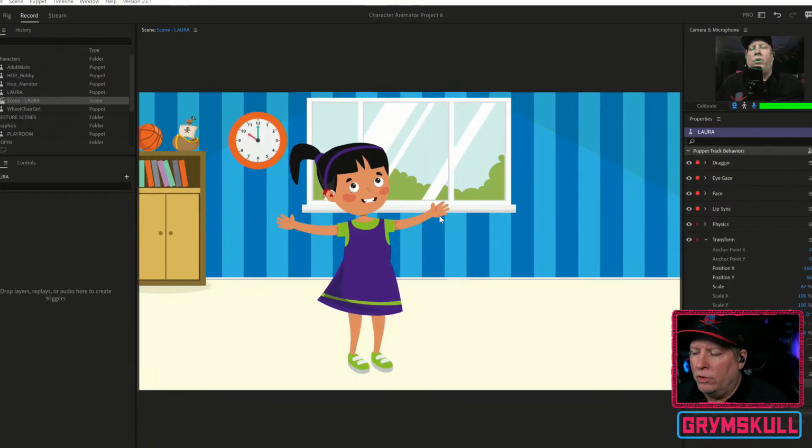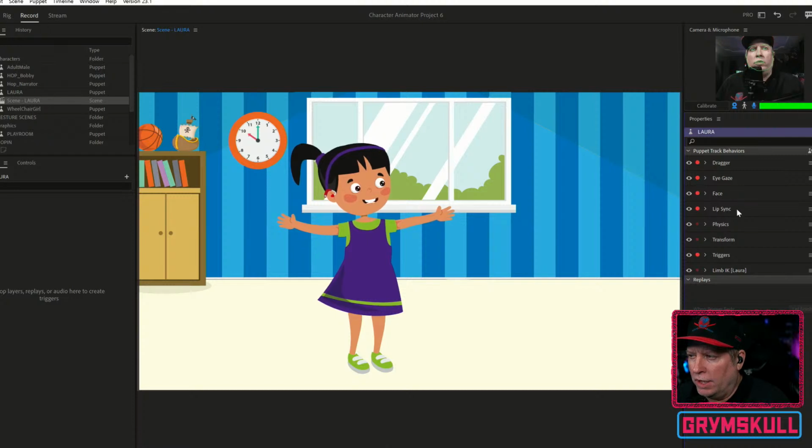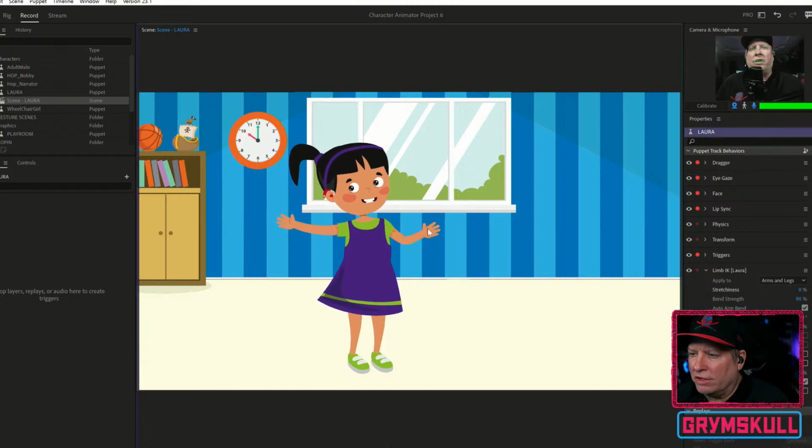All right. So we got some bones on it. So now it's starting to act more like an arm, right? Now we've got this stretchiness in it. She's like Stretch Armstrong. I don't like that. The way to fix that is we're going to go to the limb IK. There's a thing called stretchiness. I'm going to set that to 0 because I don't like that. But everything else looks like it works just fine.